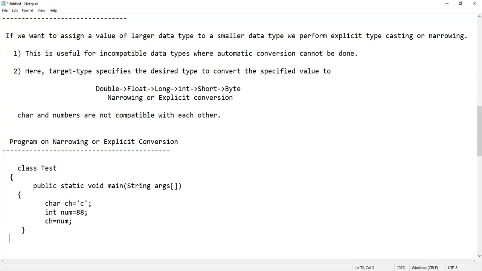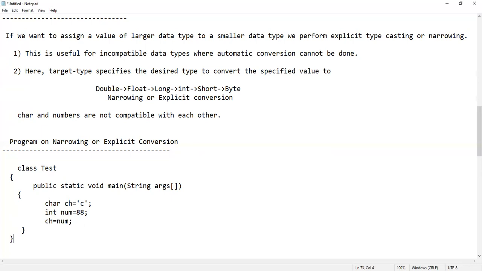Okay, close this one and then close. So see here, character ch is equal to c we have declared. Int num is equal to 88, and here character c is there, and number 88 is there. So I can assign number 88 to ch. In ch already we are having c, and number 88 we have assigned to ch. So c is replaced with 88.